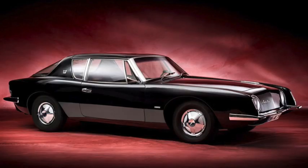Whether you consider the Avanti a continuation of Studebaker or as its own entity, it certainly is an interesting part